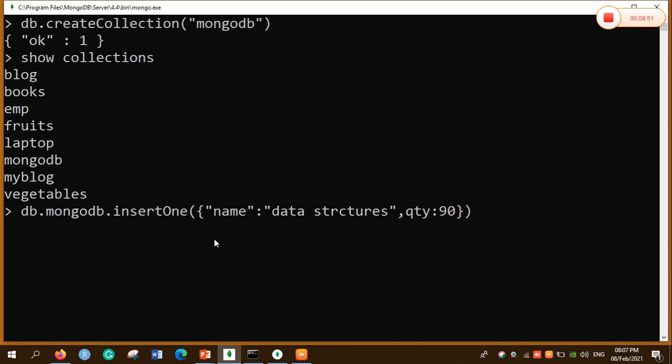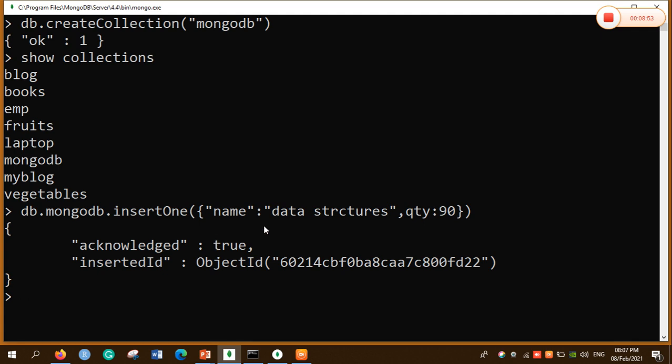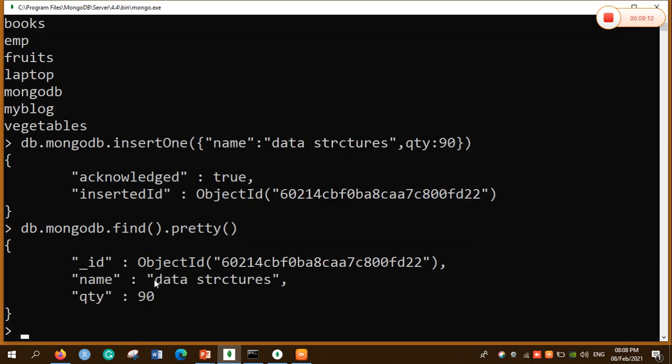I hit enter, and it is successfully inserted, and by default an object ID is generated by MongoDB itself. Let me find whether the document is inserted or not: db.MongoDB.find().pretty() will provide the output in a neat manner. I hit enter. Yes, the name data structures and quantity are inserted, and by default an _id is generated by MongoDB.